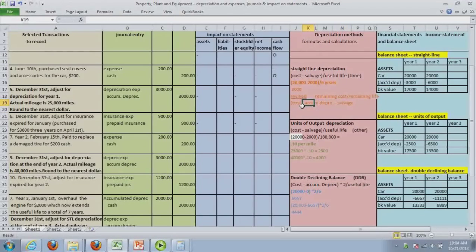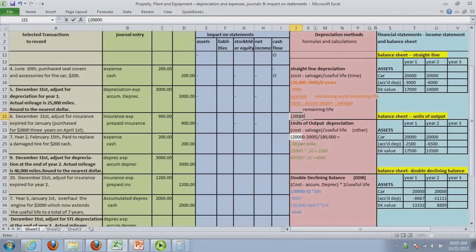Come up here. Minus salvage. See if it can show up that way. Yeah, that's better. The parentheses is not showing, but who cares? And then we divide by, see if I can underline it. You divide by the remaining life. Okay, so for our purposes, that's going to be